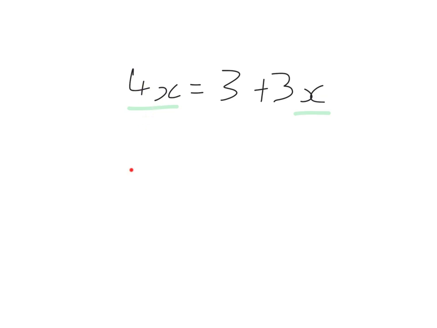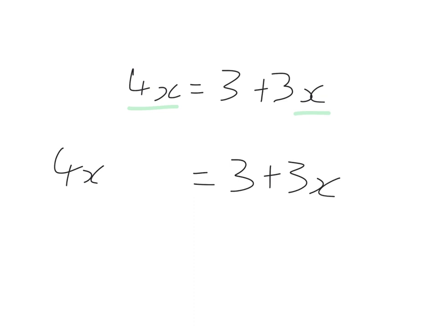was to try and get only x terms to the left hand side and only constant terms like 3 here on the right hand side. So we're going to apply the same method again today, but this time we're just going to focus more on getting rid of our x terms from the right hand side. So the way we'll do that is very similar to what we did yesterday. Write out our terms on each side, keeping the equals in the middle,